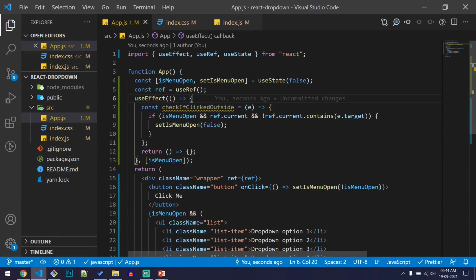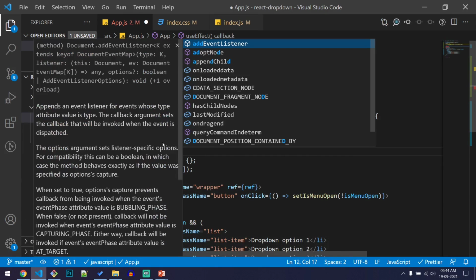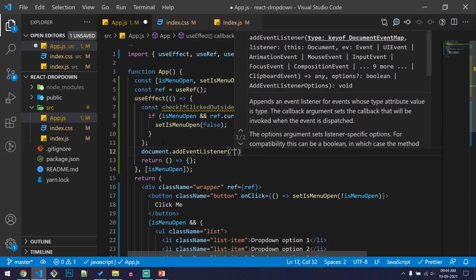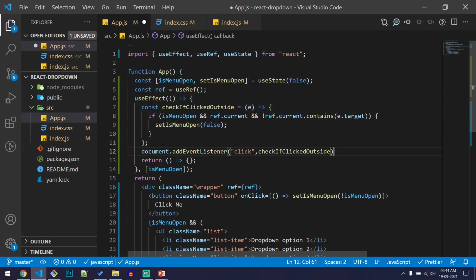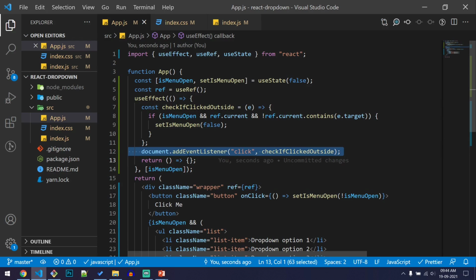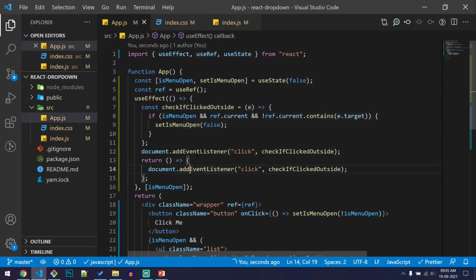So inside this useEffect, what we will do is we will add a document.addEventListener. Whenever click is triggered on the document, we will call this checkIfClickedOutside. Since we are adding an event listener to the document, we need to clean it up whenever this component is unmounted. So we'll add it to the return callback, and we'll change it to removeEventListener.